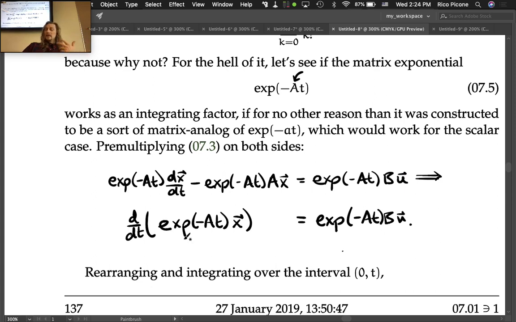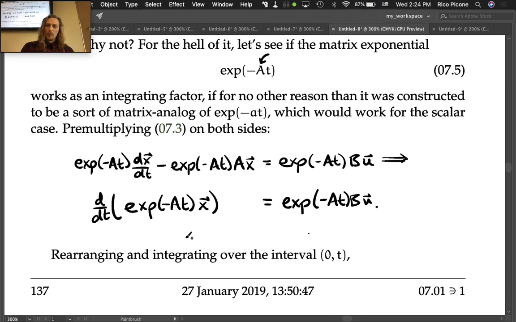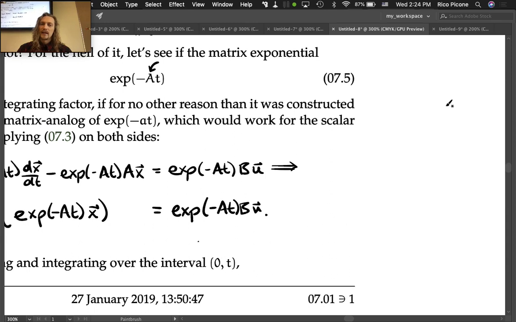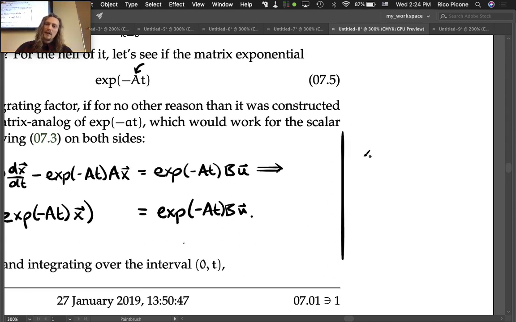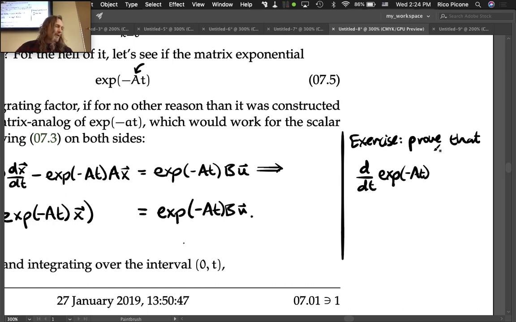We haven't really explored what the derivative of a matrix exponential would look like and how the product rule would apply, or pardon, the chain rule would apply. But we'll put this as a little bit of an exercise for ourselves. So exercise, prove that if you take the time derivative of the matrix exponential of negative At, that you're going to get